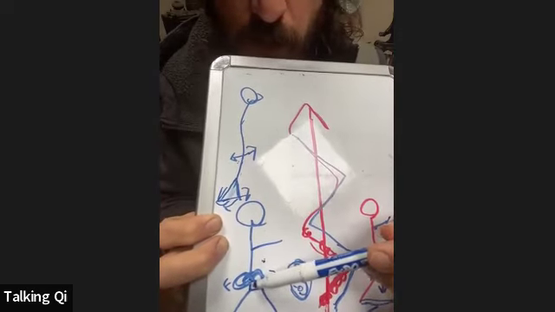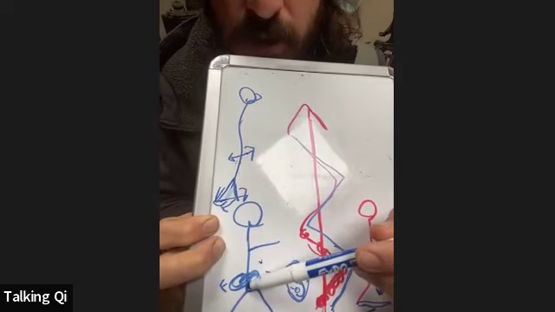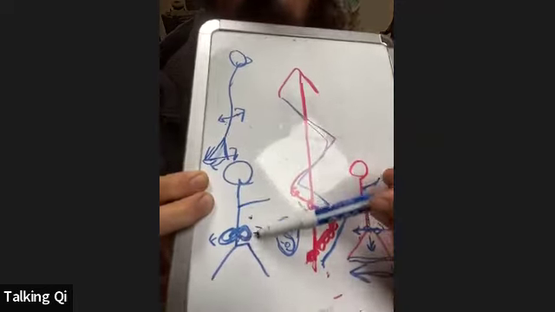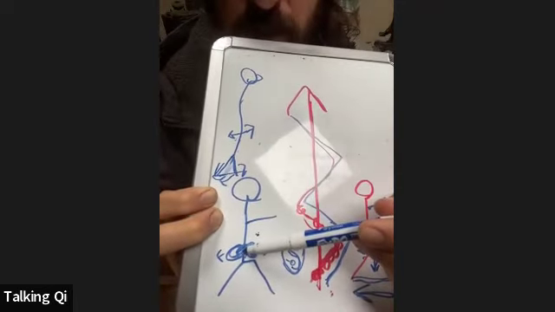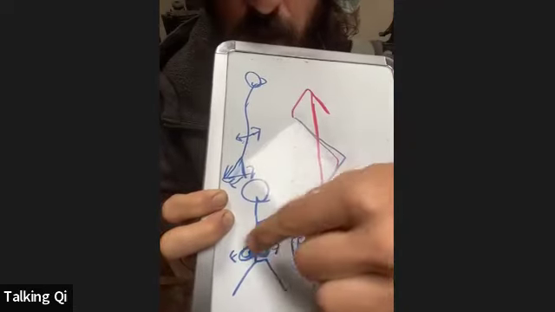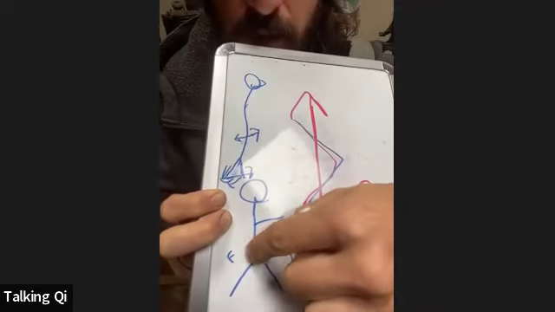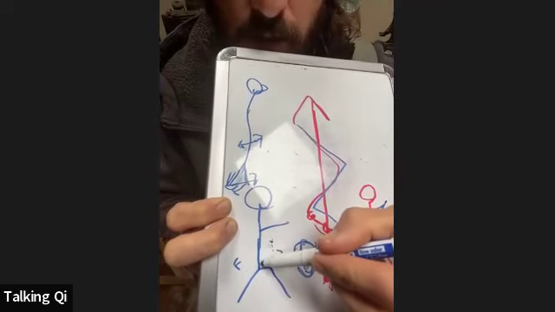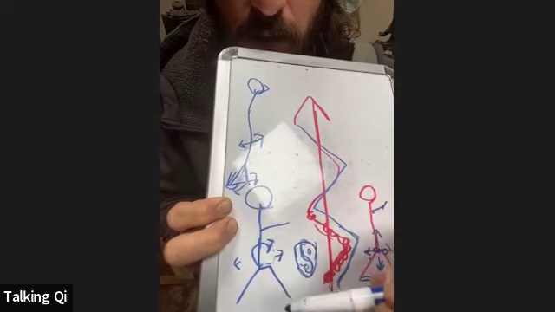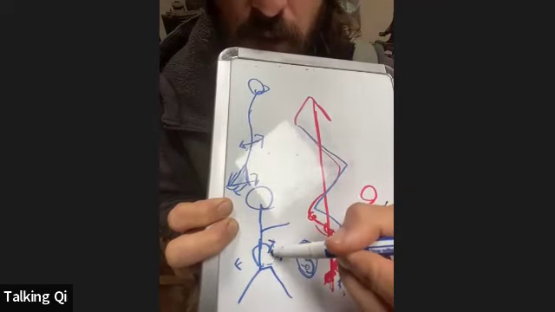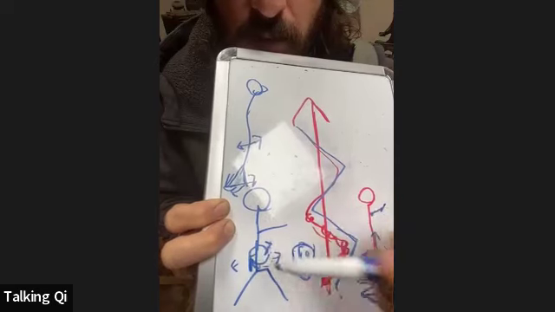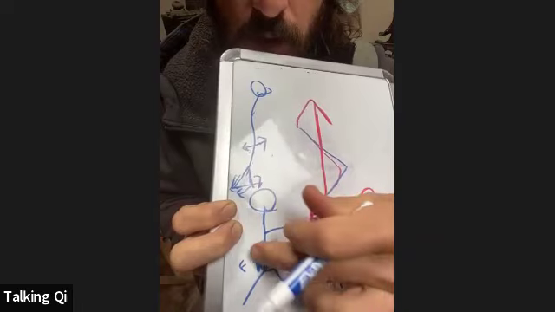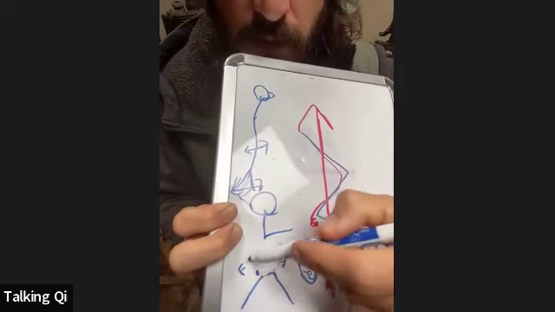But for the most part, what we want is just the intelligence and the awareness of what the Dantian is doing and how it's influencing movement and influencing the rest of the body. So we're going to look at these patterns, right? We're going to look at the Dantian in a yang circle. We're going to look at the Dantian in a yin circle. We're going to look at the S transition. We're going to look at the yin yang symbol, and also we're going to look at the infinity symbol, which